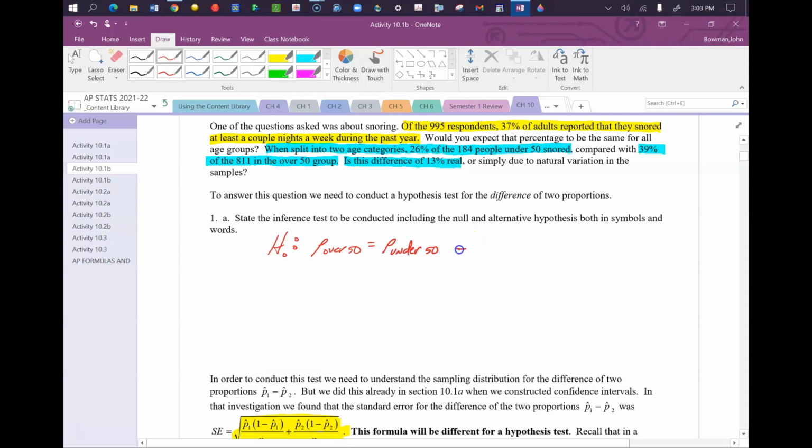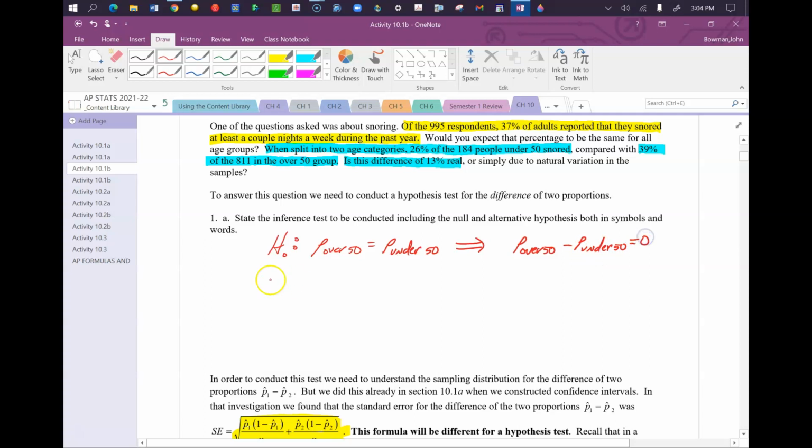Now, typically what we do is we write this as a difference because we want to set that difference equal to something, and in this case that difference would be equal to 0. In other words, there's no difference in the proportion of people that snore that are over 50 versus under 50. So proportion over 50 minus the proportion under 50